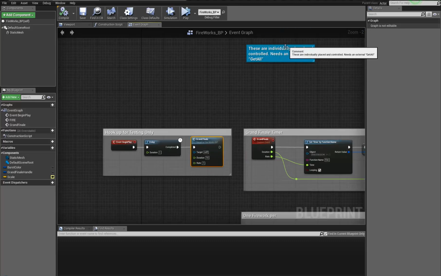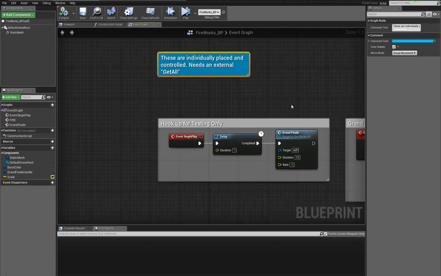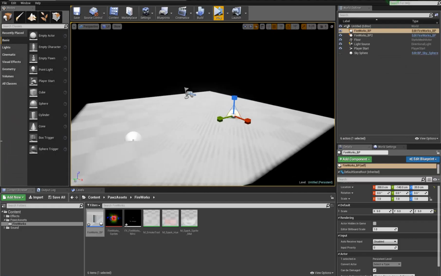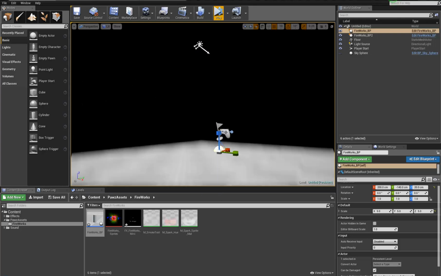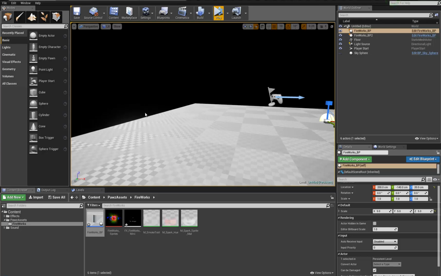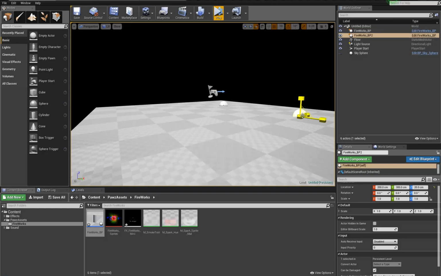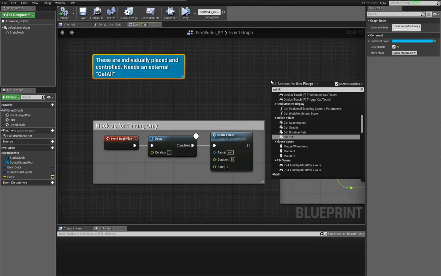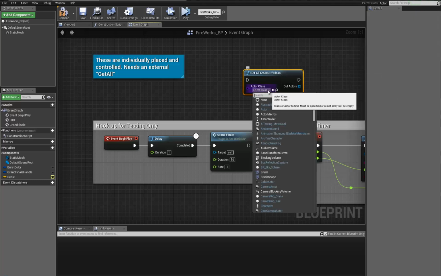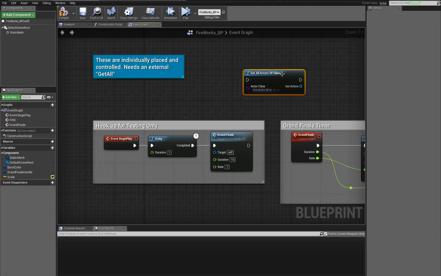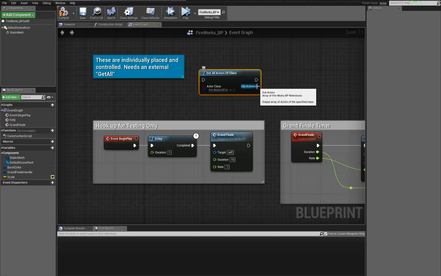So all you gotta do, and I put this here for you guys too, it needs an external get all, or you need to get a handle on this from somewhere. If you want to say, my character walked through a trigger, and when I walk through the trigger, as long as I have the key, then boom, these go off, well, then one of those elements, whether it be your character, the trigger, or the key, is going to need to get a handle on this thing. And the easiest way is just to say, hey, get all actors of class, and we could just look for the fireworks BP. This is dumb because I'm doing it in myself, but any other thing could do that. And then you could just say for each